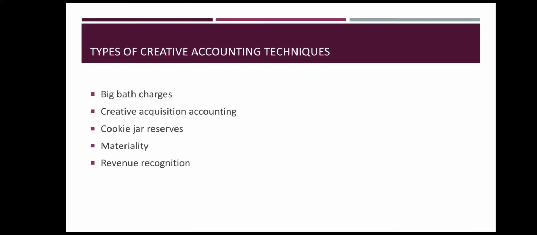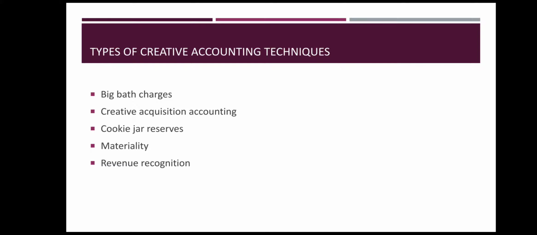With this, they are able to show a good image of the company, that the company has performed well for so many years and only in this one particular year there was a loss, and after that also they can show good profit earned by the company. So this is one technique of doing creative accounting, that is to show the charges not in the year in which they have occurred, but in one particular year, and then for the rest of the years you can show good profit earned by the company.